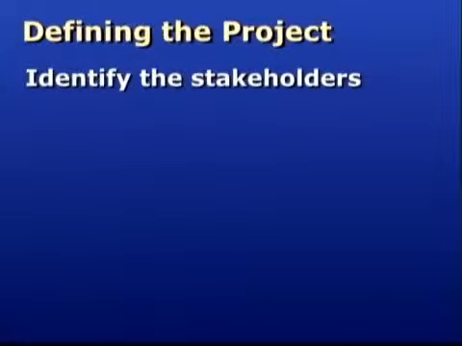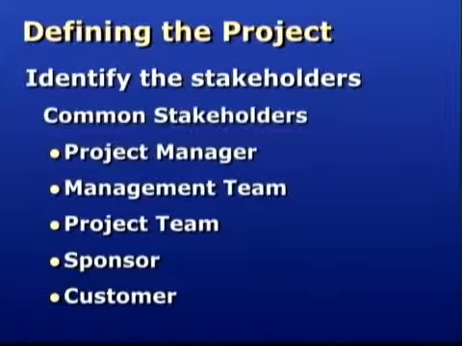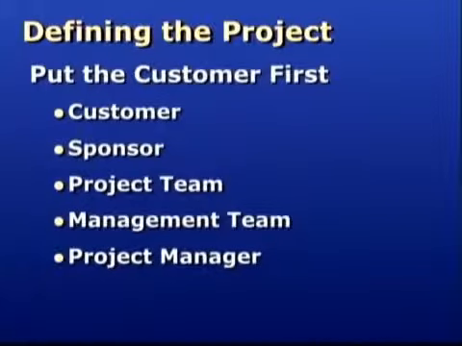A project manager must identify the project stakeholders. As you remember, they fall into two groups. Here are some of the obvious stakeholders who are actively involved in most projects. This is the traditional list from the perspective of most project managers. Me first, then the team, the sponsor, and the customer or user last. Since the list is not in any specific order, I recommend that you reverse that order and place the users at the top of your stakeholder list. Keeping the customer first will lead to more successful projects.